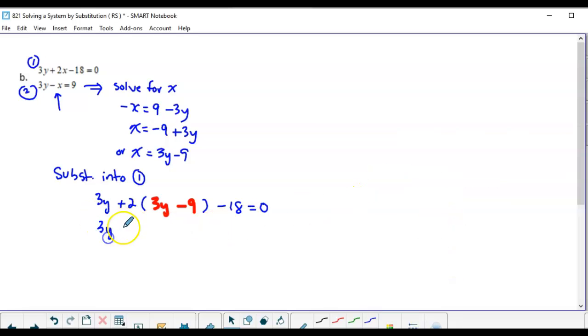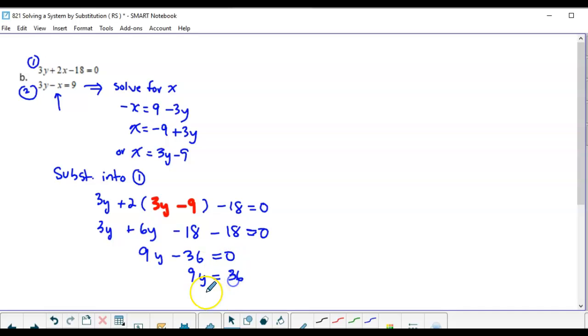Okay, and then expand out. And that's going to be 9y minus 36 equals 0. So 9y equals 36. So y equals 4. And then you can take that and substitute it